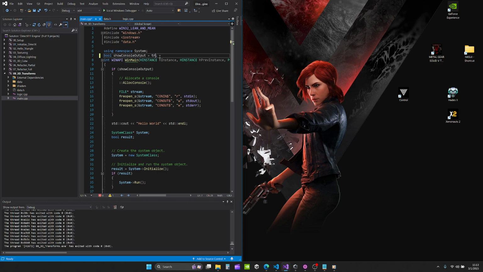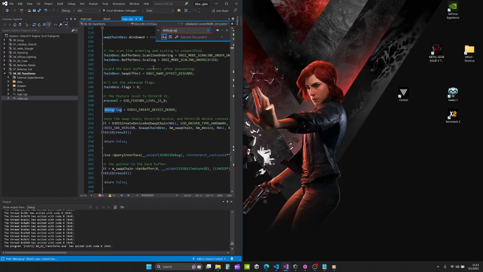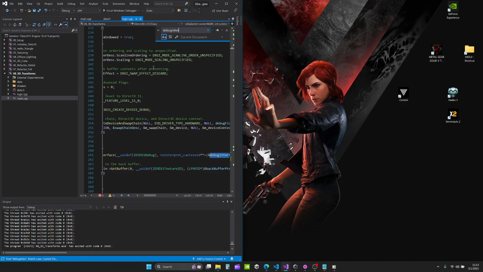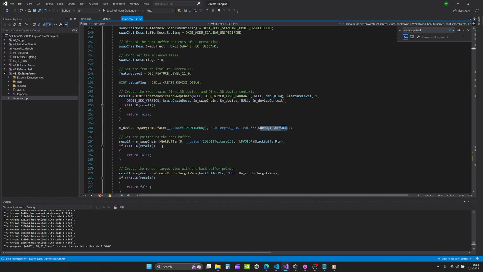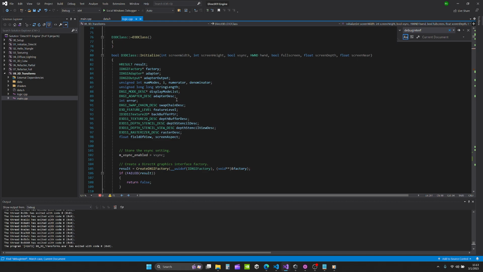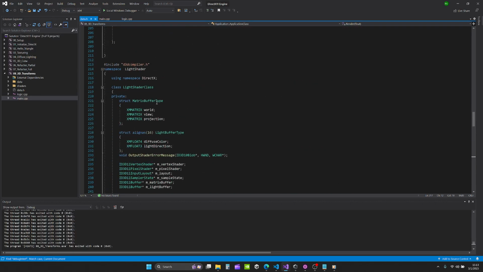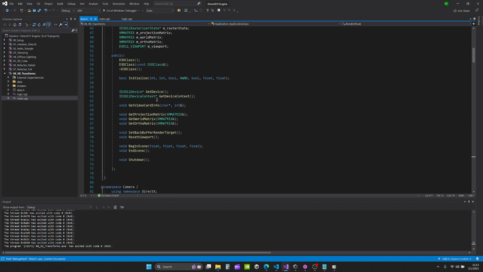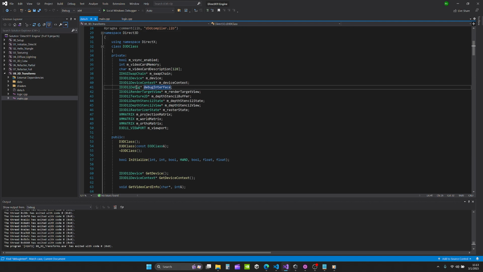And speaking of debugging, for whatever reason, another thing that's been noticed about these sort of graphics tutorials is they seem to leave out enabling debug layers, and so an actual debug interface has been implemented here, which was actually created by having a debug device variable, which is seen within the Direct3D class or DirectX class, whatever it is. Yeah, the Direct3D class, and there's a debug interface there, and